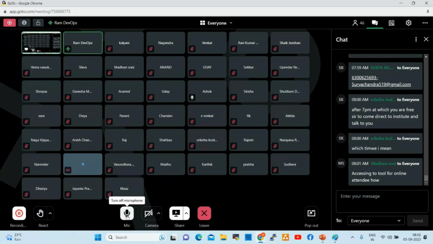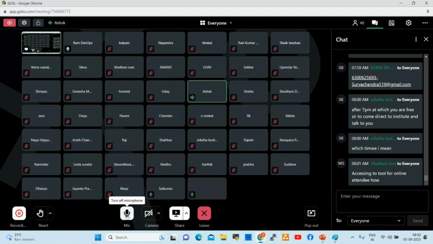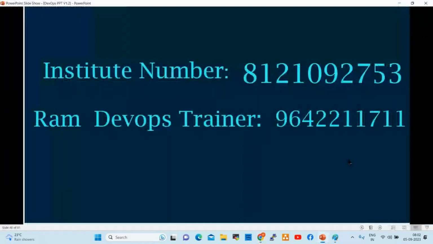And the GST you're talking about is 18%. It's nearly around 1900 something, because that we have to pay to the government. So GST is not for the institute actually. Okay. And your trainer number, the WhatsApp number, is it a direct contact number? Do you also have WhatsApp for this 711? Both are available.